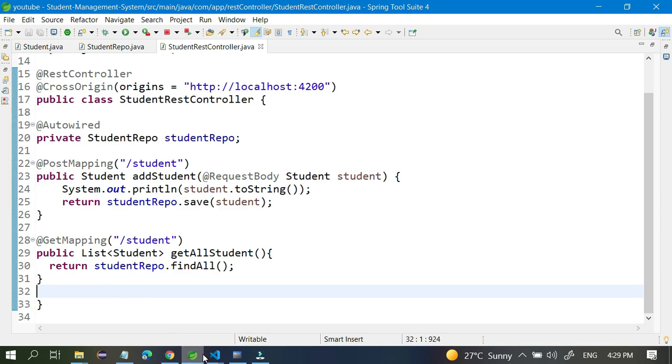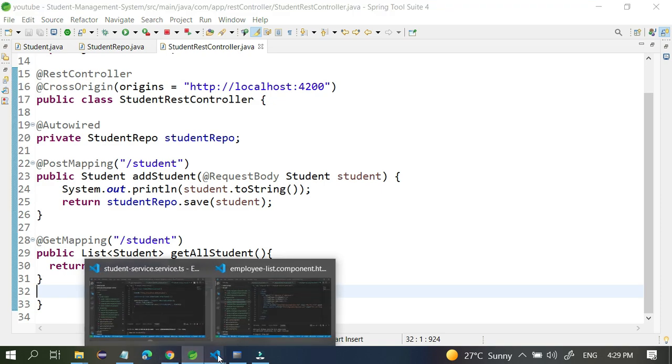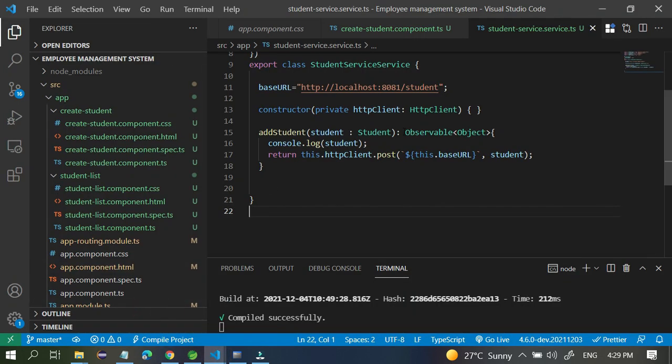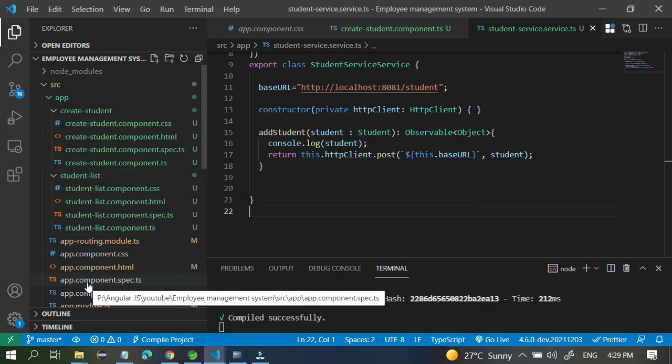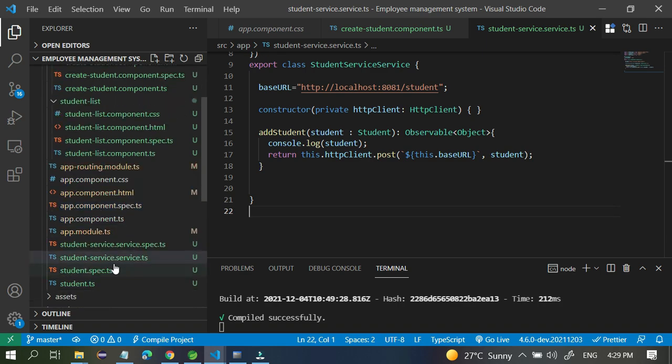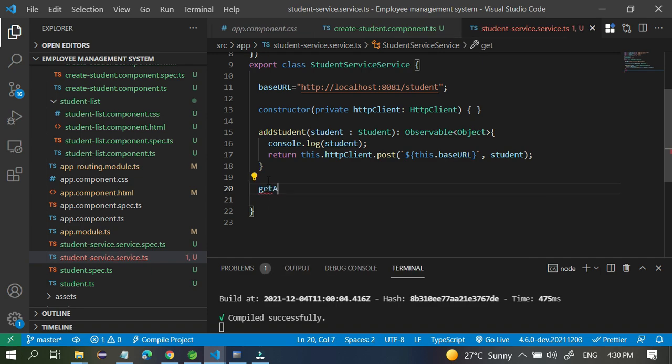So what do you have to do in your application? Go to your application. For example, this is your application. Go to the service class. Where is the service class? Down below you can see student.service.ts, we have already created it. Here you have already created one addStudent method. It is working. You want one more method, and that method's responsibility is to get all